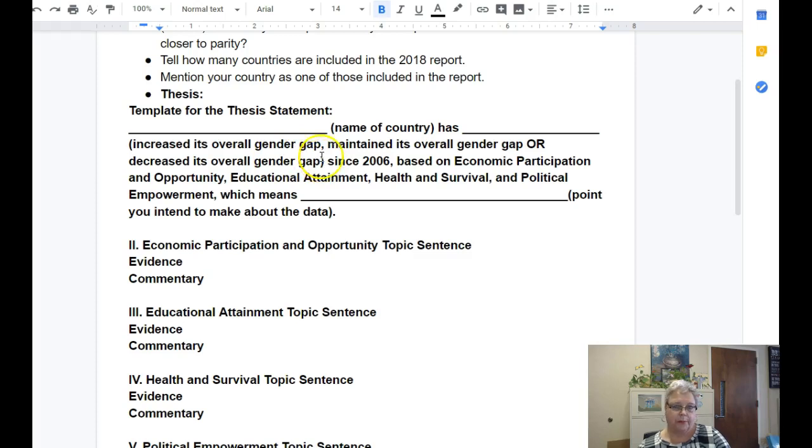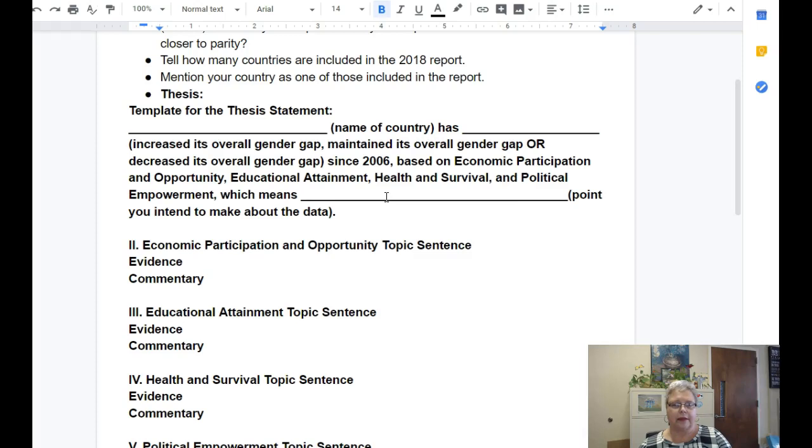And I don't know which one of those it would be because I haven't looked at Japan. But choose one of those, and then since 2006, based on, and you're mentioning your 4 categories, you want to mention those, which means, what is the point? Maybe Japan, which means Japan is well on its way to